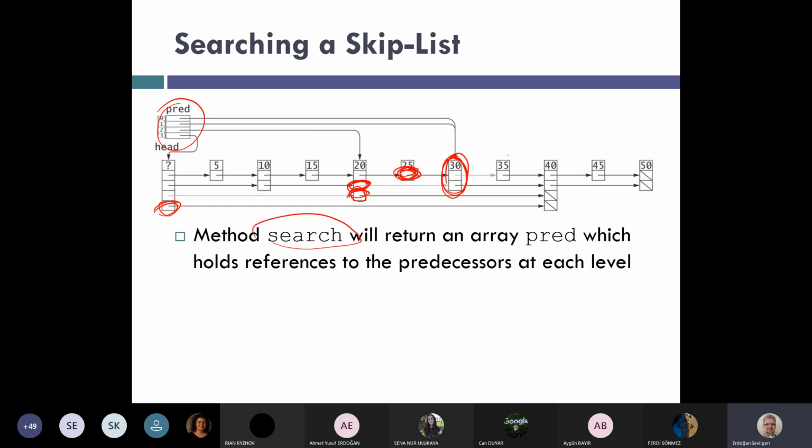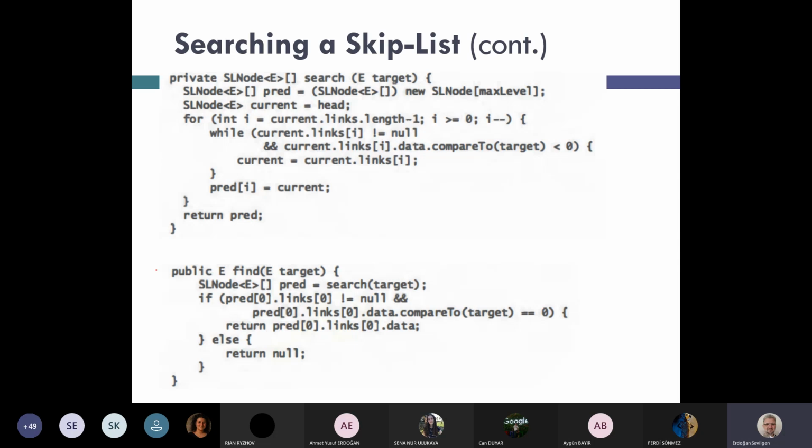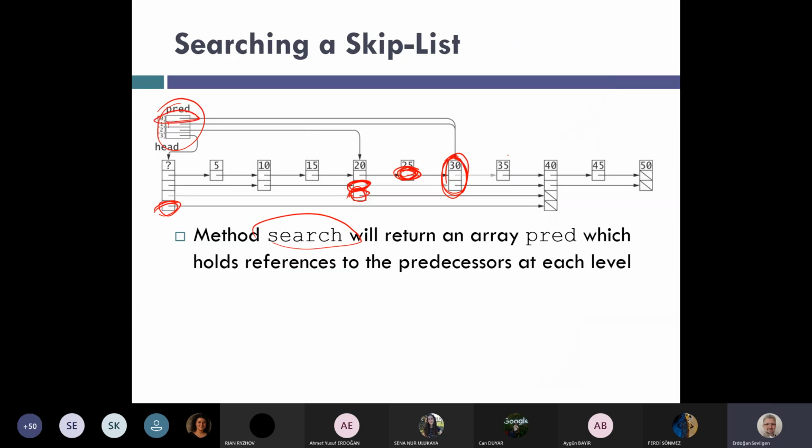Actually, we are going to define a private search operation which will return the predecessor array, and we are going to define the public find operation based on the search operation. So search will search for the target and return the predecessor, and based on this predecessor, we look at the first predecessor value to locate this node, and the first link in that node